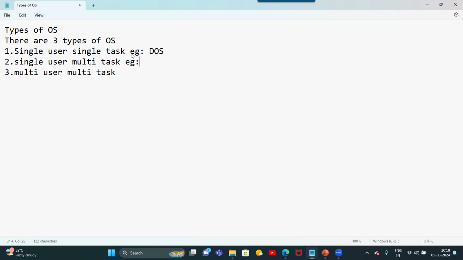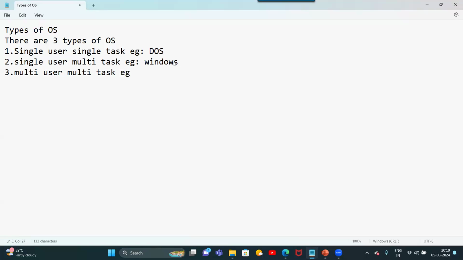If they want to log in as another user, first they log out, then log in to the other user. The example is Windows. However many users are listed, you can log in to only one user, but that user can perform multiple tasks.